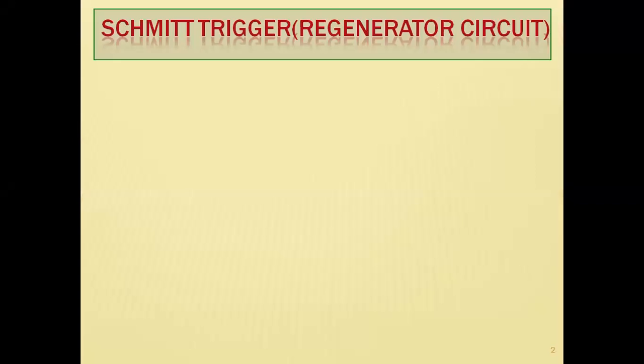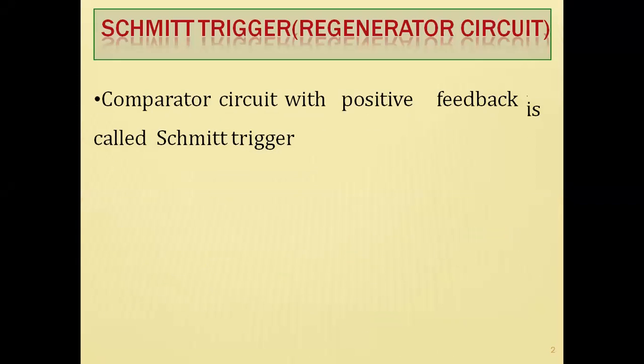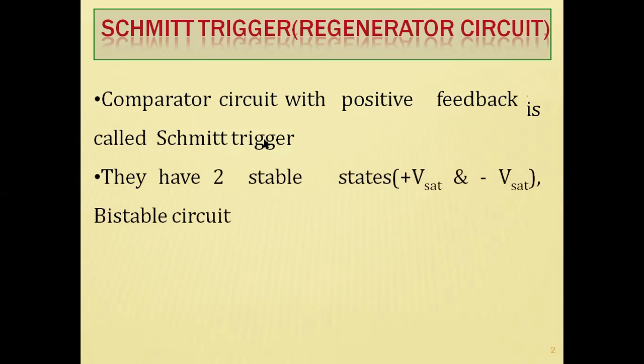This is called a regenerative circuit because in the case of a comparator circuit, your output used to cross threshold voltages, right? Your output was in the form of a square wave and it used to saturate from positive to negative. But here we call this a regenerative circuit. That means your output will cross particular threshold voltages by itself and then it saturates. Hence, it is called a regenerative circuit. As I have already said, it is a comparator circuit with positive feedback, that is the Schmitt trigger.